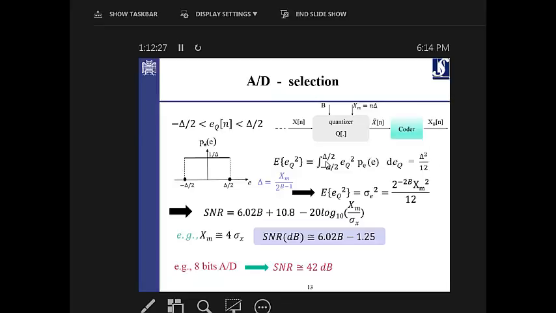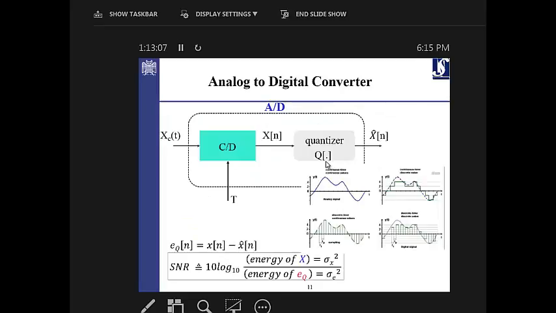Now because you know already this P of E, which is 1 over delta, you just put it there. And based on the definition of the uniform distribution, this variance is nothing but delta squared over 12. If you replace the delta from here, that energy is computed like this. This is the energy of the error signal, I mean, the quantization error. That's the energy belonging to that. And if you put that energy into the previous formulation of SNR,